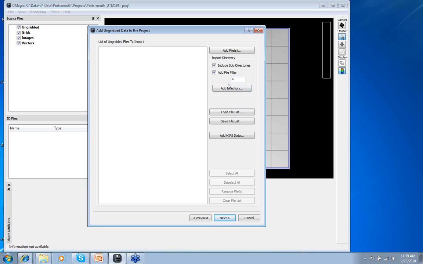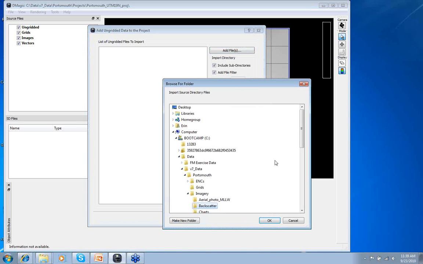I'm going to be adding some GSF files. GSF files are just multi-beam files. They're pretty similar to an XYZ, but they have a lot more data stored in them. So I'm going to set up a file filter for GSF. I'm just going to type .gsf here, and it's going to just take the GSF files out of my folder. I'm going to add a directory,